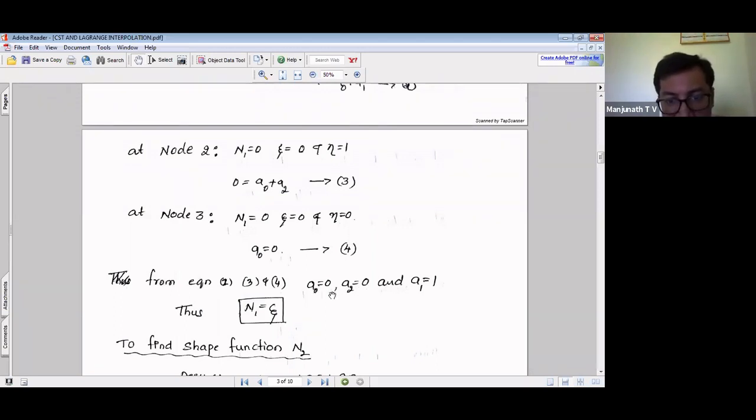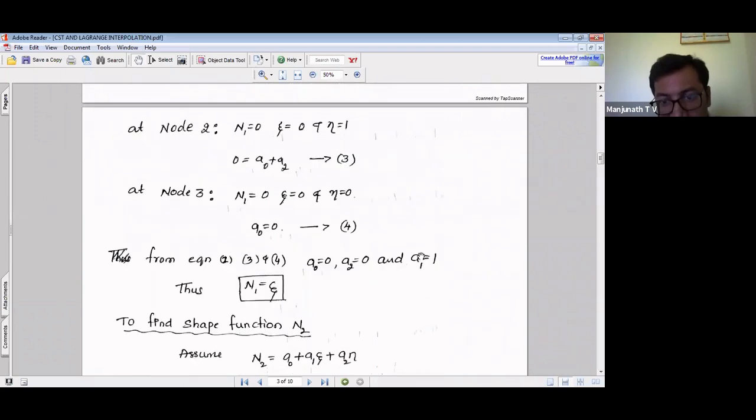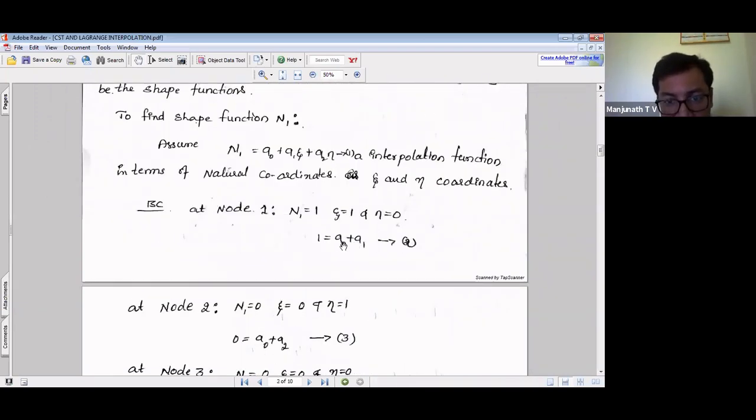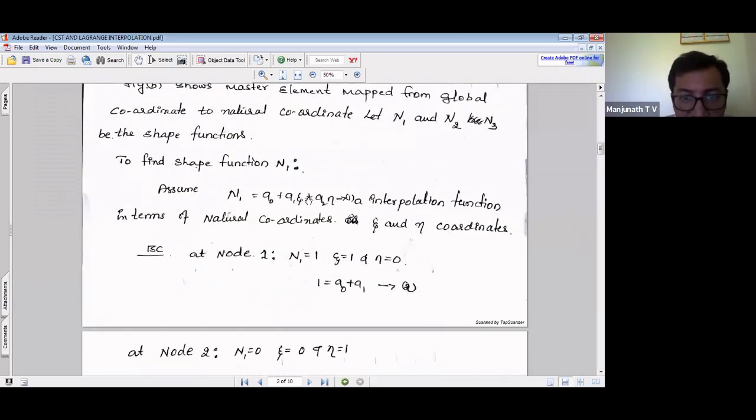Again, by using a naught and a2 values in this equation, you are going to get the a1 value as 1. As we are using a naught as 0, a1 becomes 1, so a1 is equal to 1. After getting the a naught, a1, a2 values, just substitute all values in the main equation. Then, if a naught is 0, a1 is 1, a2 is 0,